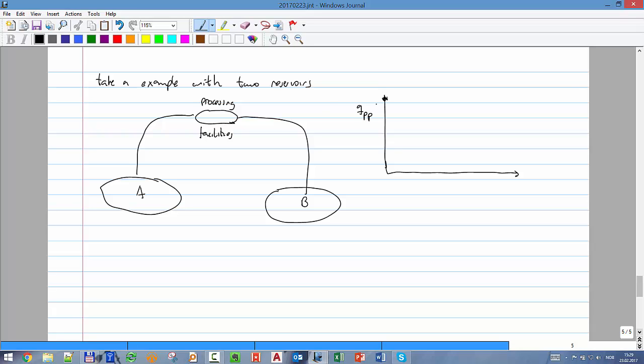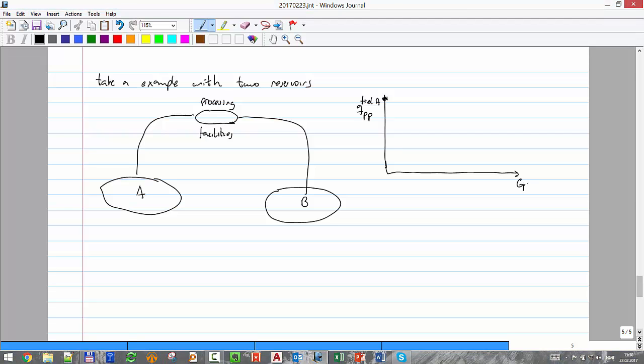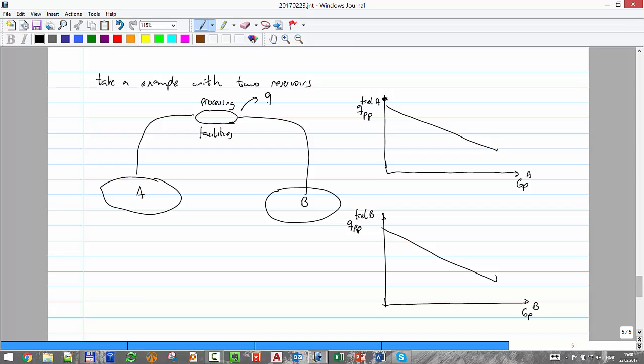I plot the production potential of field A versus, and here I have to be careful, I have to use here the GP of field A, right? And here I plot also Q, the production potential of field B versus GP of B, and I have those two curves. Okay. And let's say I'm producing and I'm committed to get a Q plateau